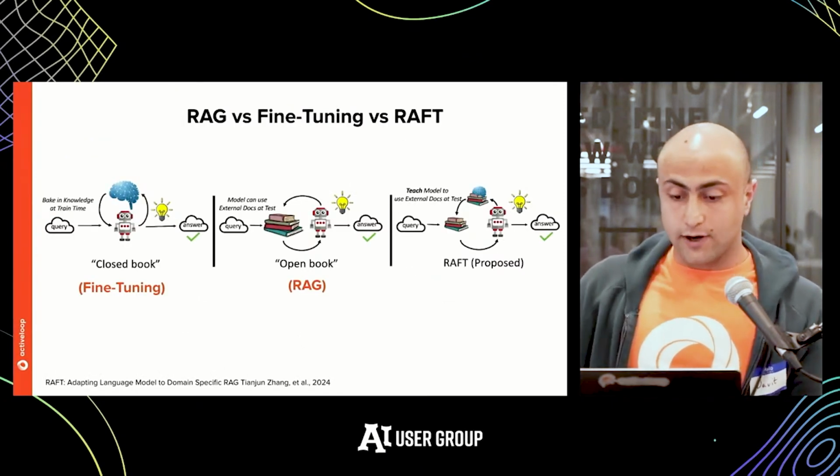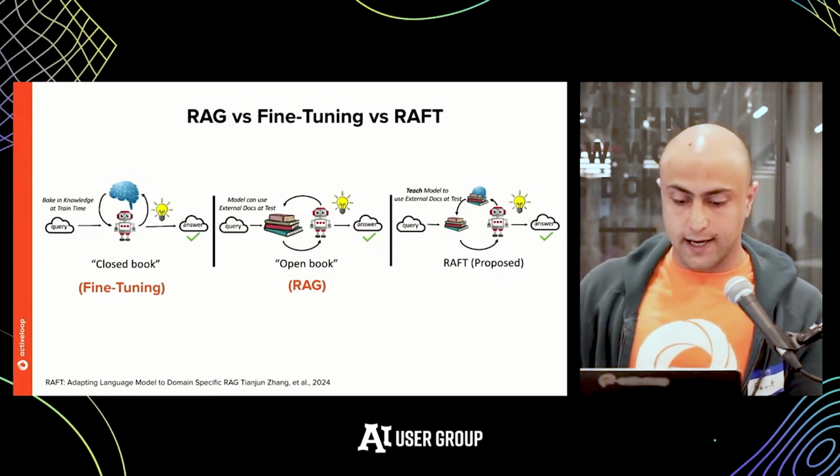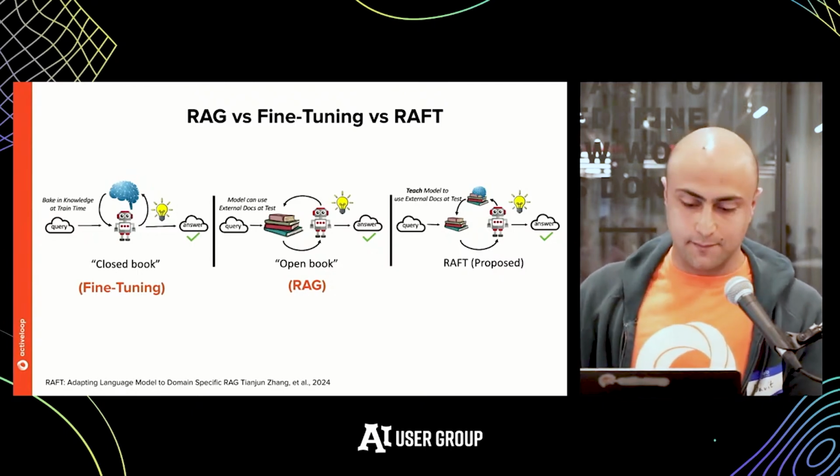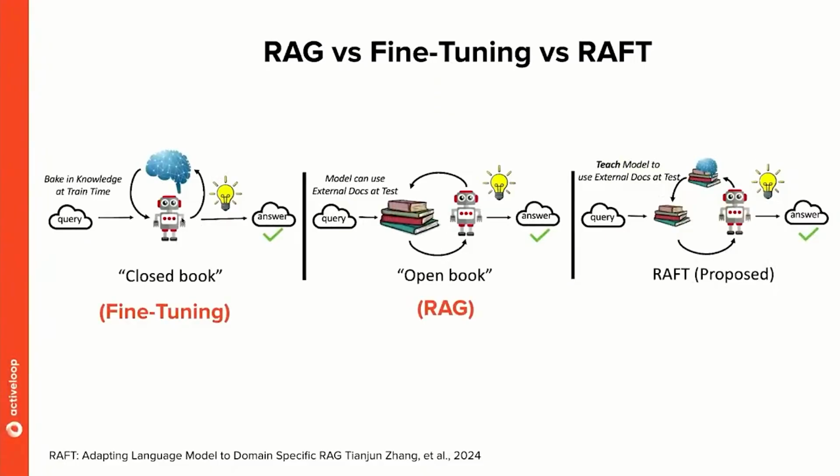Then there's also this method called RAFT. What RAFT, done by Tianjun Zhang, sorry if I mispronounce the name, follows is the following concept. First of all, if you have an LLM and you ask a question, and it doesn't have any connection to any vector database, no internet, it's just the LLM that has been trained on next token prediction across the whole corpus of the internet. Think of this as closed-book answering. And then RAG, or vector search plus LLM, is the open book, where you have access to the data while you're answering the question, and access not just to all the data, but the relevant data.